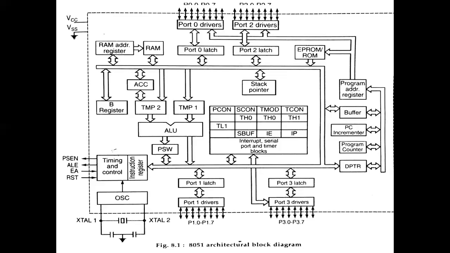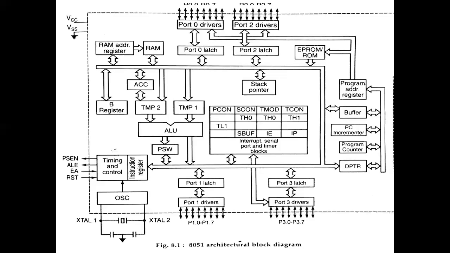The internal view is very complex because it consists of the ALU, accumulator, stack pointer, a block of registers and many general purpose registers. All these devices are connected to the 8-bit internal data bus, because the 8051 microcontroller has an 8-bit data bus. Each I/O port is also connected to the 8-bit internal data bus through a series of registers.